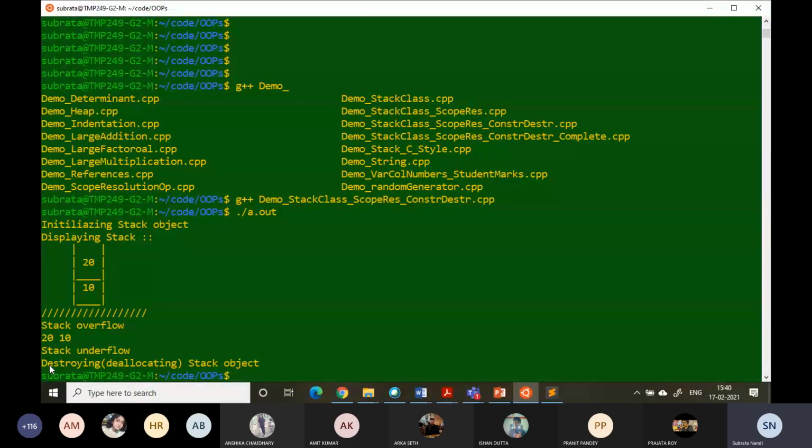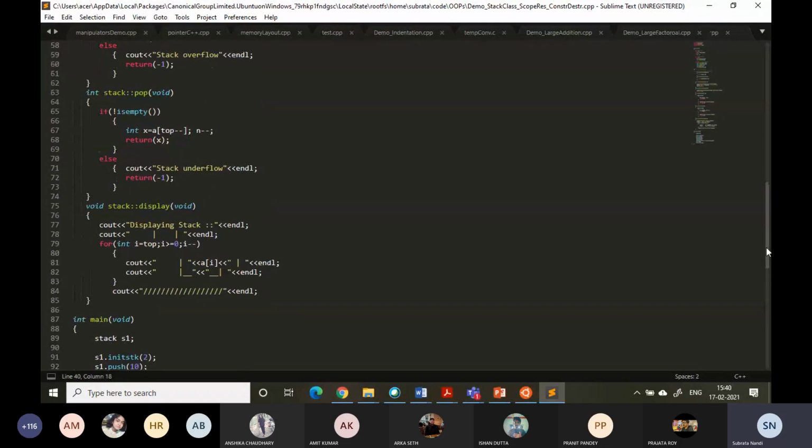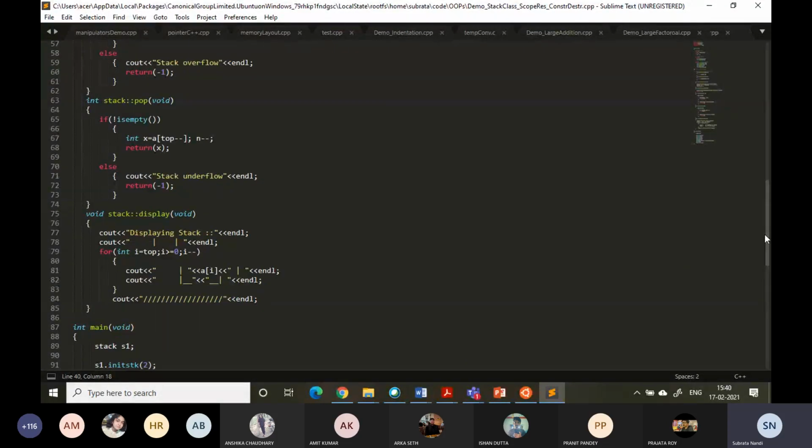Now the point is, in C++, whenever you are trying to create an object, the construction of the object is obvious, so without construction you cannot do it. And if you have some allocation, you have to deallocate. So these are obvious things, and to make the obvious things easier to handle, the C++ compiler provided some additional facility. And the magic is here: instead of init stack, if I write just stack, so the init stack name, if I just change it to stack,